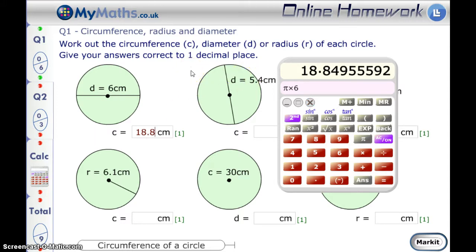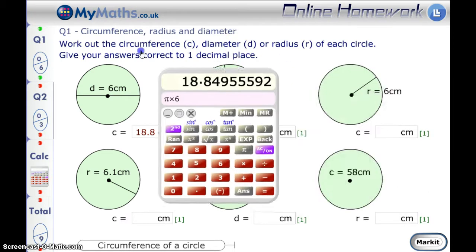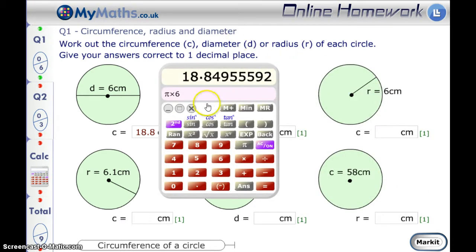I'll do the same, but this time for this one I'm using the diameter as 5. Now this question here, I've got radius is 6, so I'm going to go 2 times pi times, and then this time the radius. So the difference is it's pi times diameter, or 2 times pi times radius. Press equals. Now my answer is